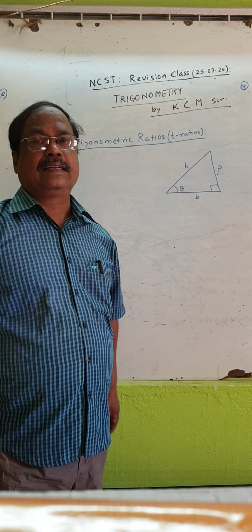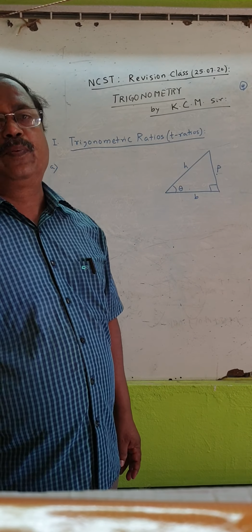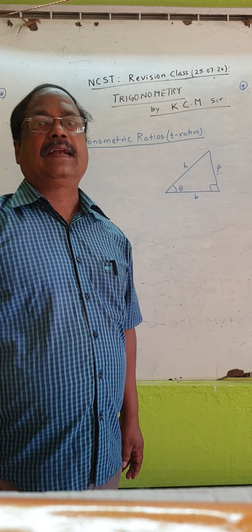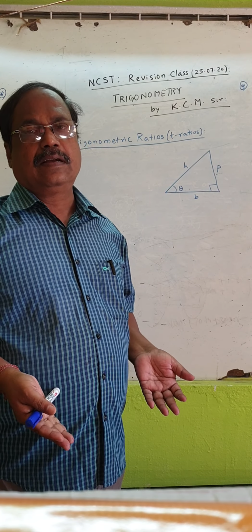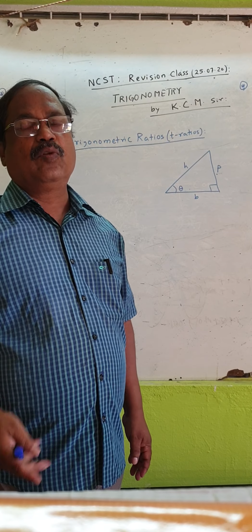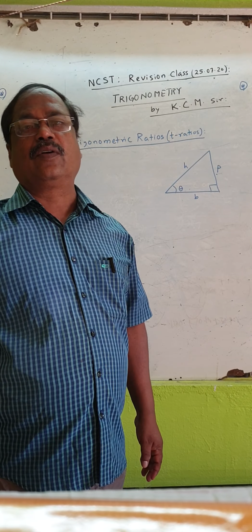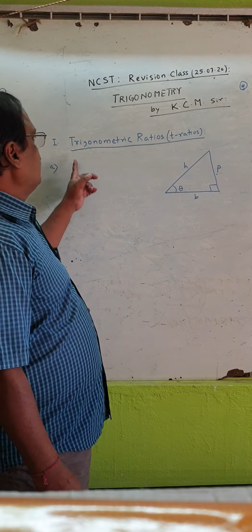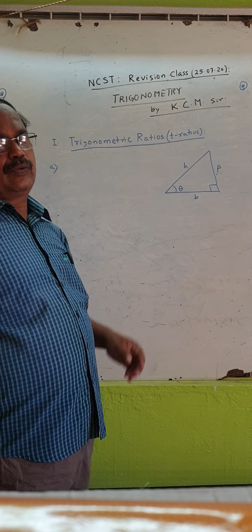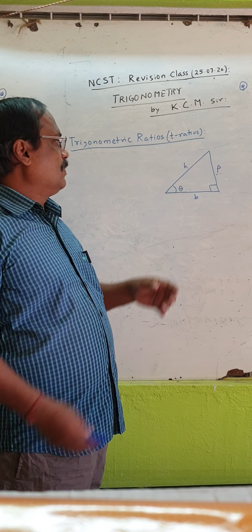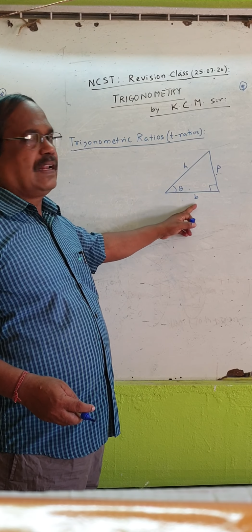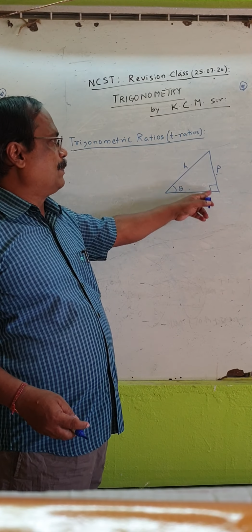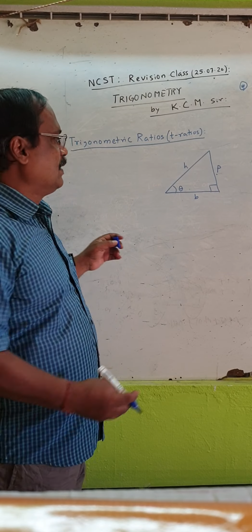My dear students, again, before we go to quadrant rule, let us revise your earlier knowledge. So, first concept in trigonometry, we define 6 trigonometric functions. That is known as trigonometric ratios or T ratios. Let this be a right angle triangle. B is known as base, P is known as perpendicular, H is known as hypotenuse. This is the right angle.